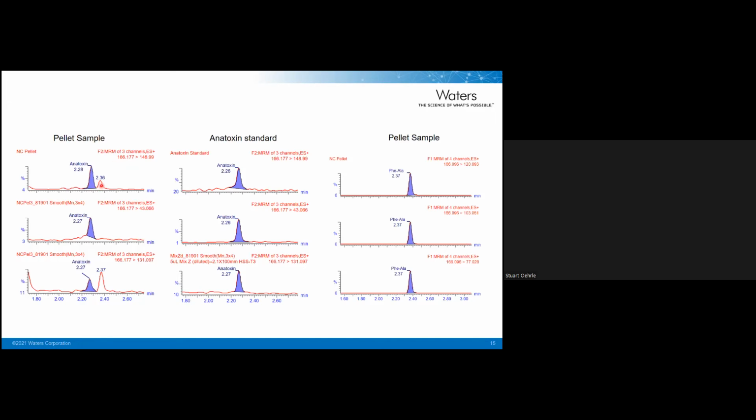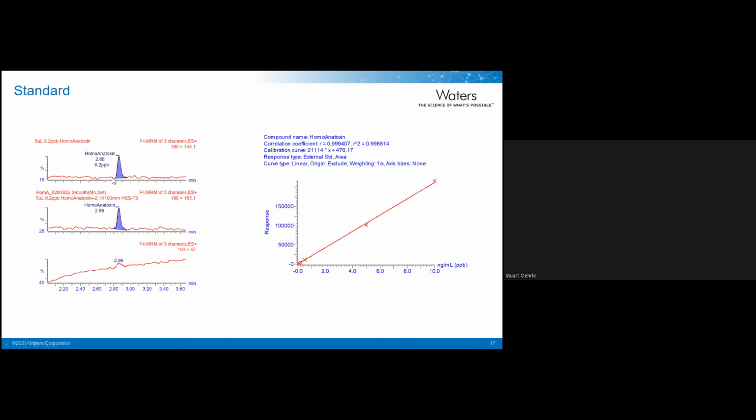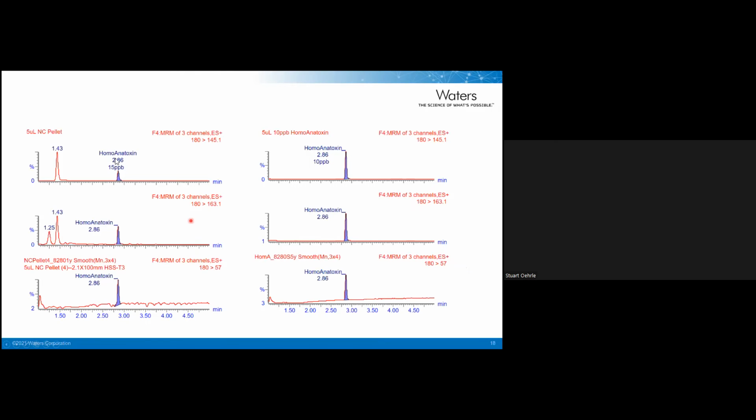And you can see here we can see it in the pellet sample and also in the anatoxin standard, you can see the match for it. We also went ahead and monitored for homoanatoxin. At the time, we didn't have a standard. We knew the mass of it based upon literature searching, and we saw the presence of it. We were able to order some, which was available from Abraxas, so we got it. You can see here the ions. This is just a calibration curve. And you can see here in the pellet, there was around 15 parts per billion of homoanatoxin. This is the standard that was run.